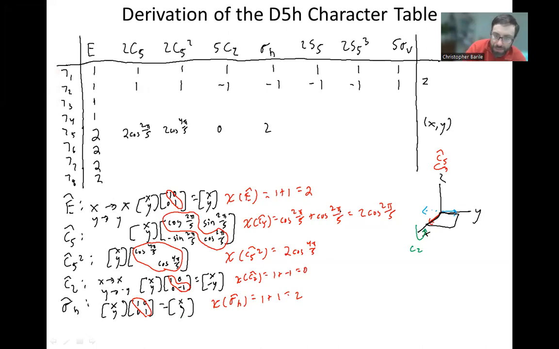Okay, now what about S5? Well, S5, what is an S5? Again, we think about this. It's C5 followed by a sigma h. Sorry about that. Okay, and so we know a sigma h didn't do anything to x and y. And so for that reason, we know basically this is going to behave, S5 is going to